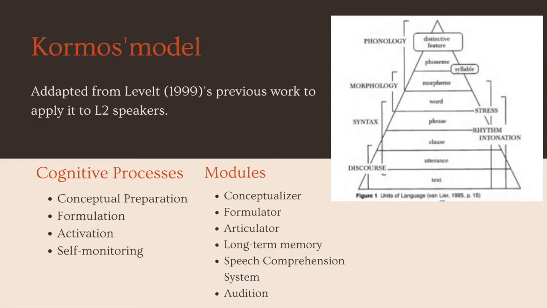When a concept is activated, it automatically activates other concepts related to that one. An example of this is when you think of the word mother. You then activate terms related to it, such as father, family, love, etc. The conceptualizer also involves sociolinguistic factors. Secondly, there's formulation, which is the process of mapping together the ideas in the speaker's mind through the correct mental lexicon and grammatical choices in order to formulate the correct words.